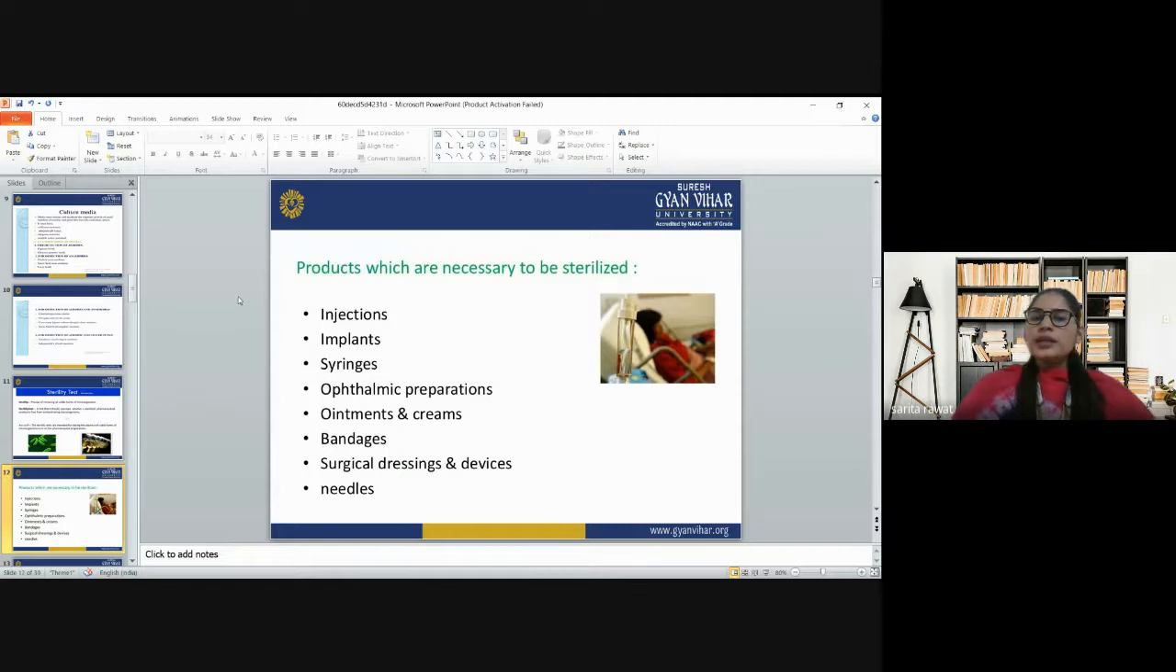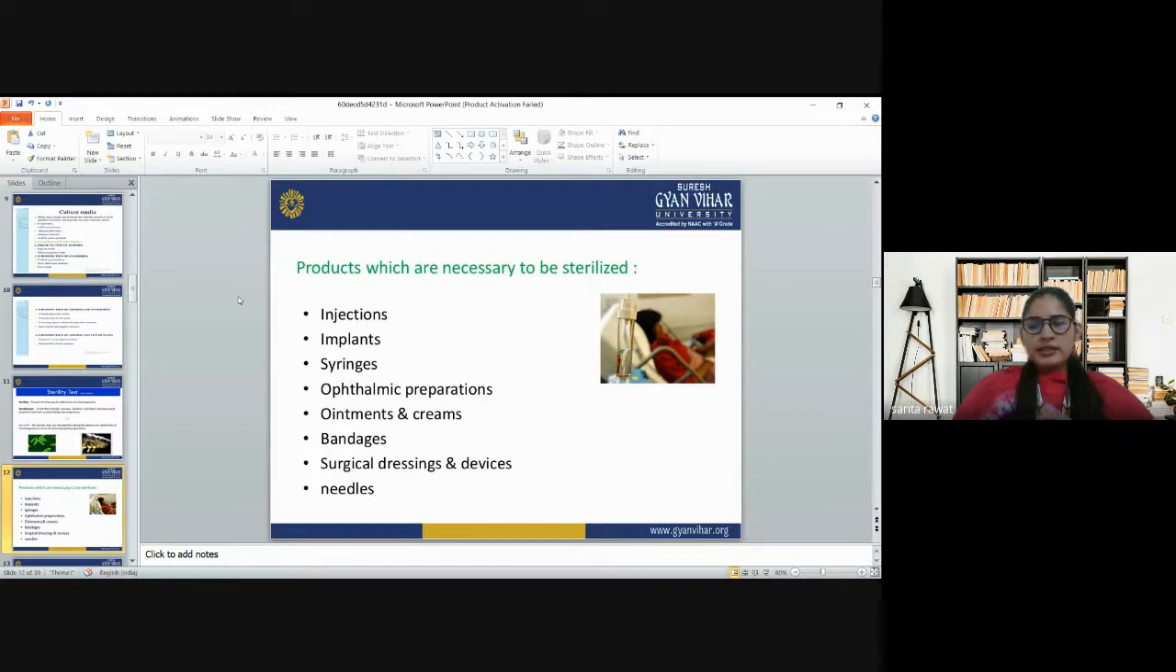Now, the products which are necessary to be sterilized. Those products which are very necessary to sterilize are the ones that come into direct contact with the patient, and if microorganisms are present, they will damage the patient's condition and also increase the chances of infection. So injections, implants, syringes, ophthalmic preparations, ointments and creams, bandages, surgical dressings and